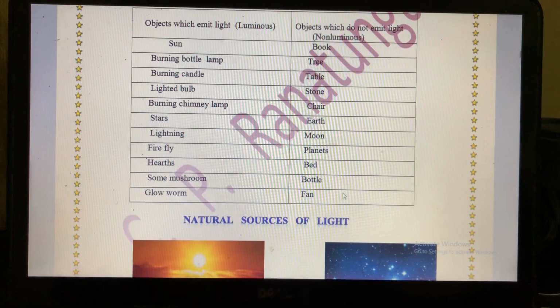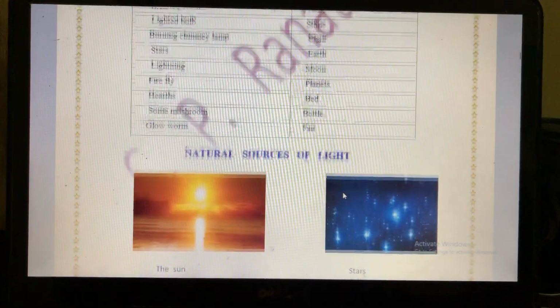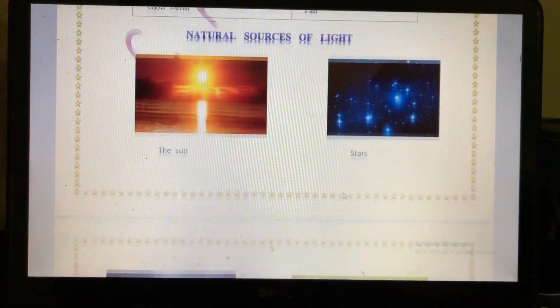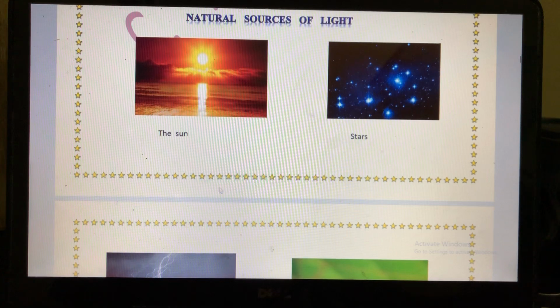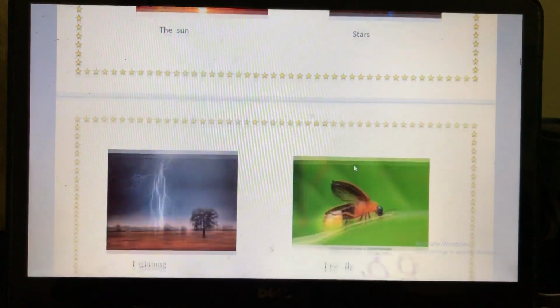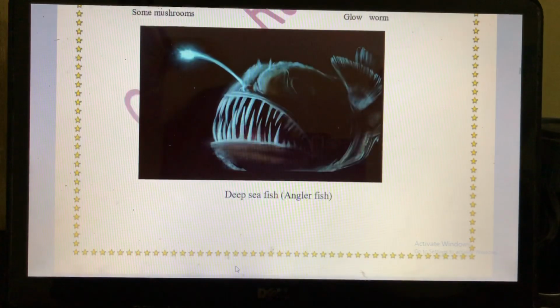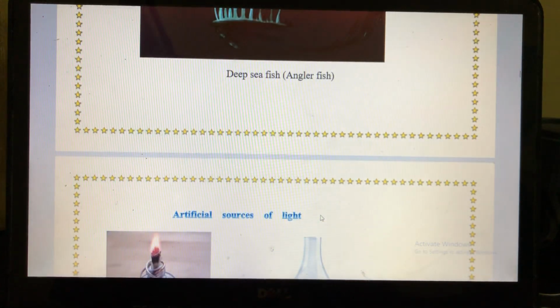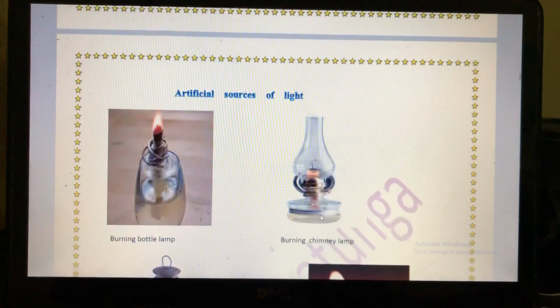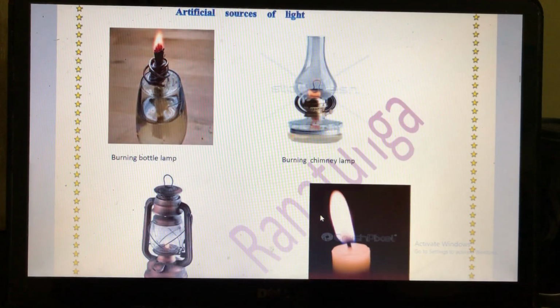Now we are going to separate the luminous objects into natural sources of light and artificial sources of light. The sun, stars, lightning, firefly, some mushrooms, glowworm, and deep sea fish, anglerfish, are natural sources of light. Then artificial sources of light: a burning bottle lamp, burning chimney lamp,